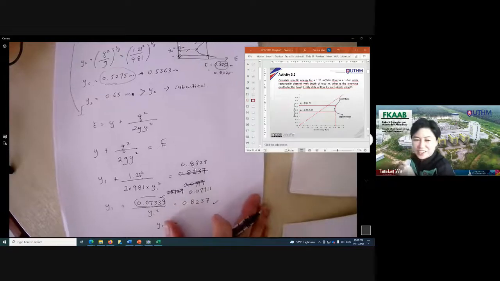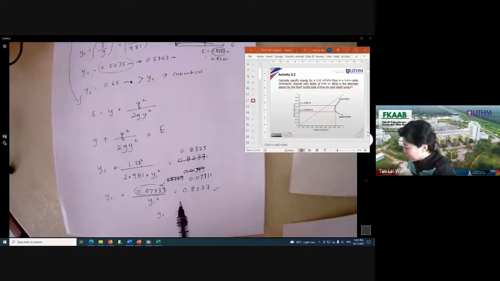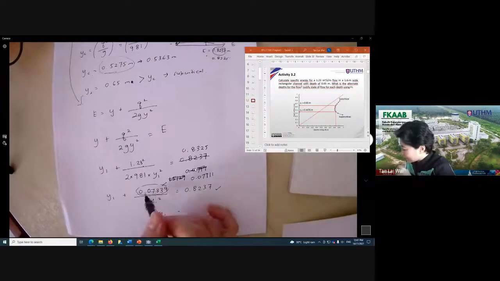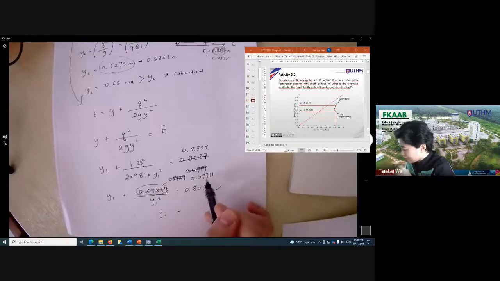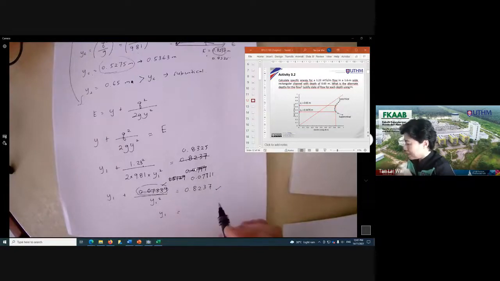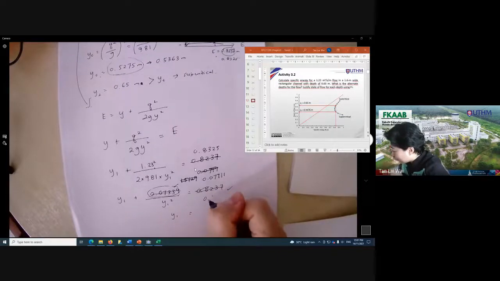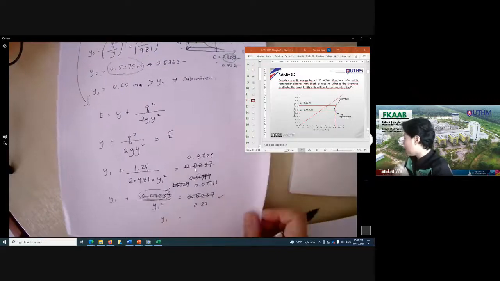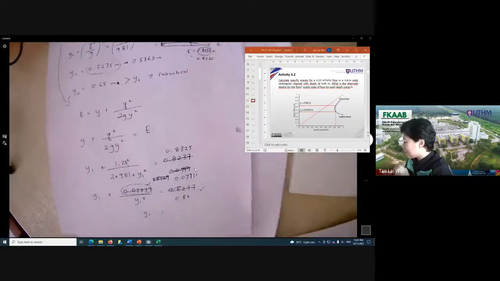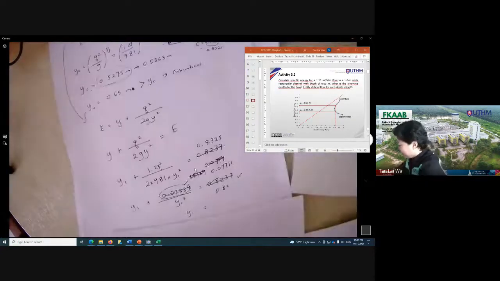Thank you. All right. So using this, cross this out, using 0.07711, and this would be 0.83. I'm going to rewrite this. This is a mess, right? So